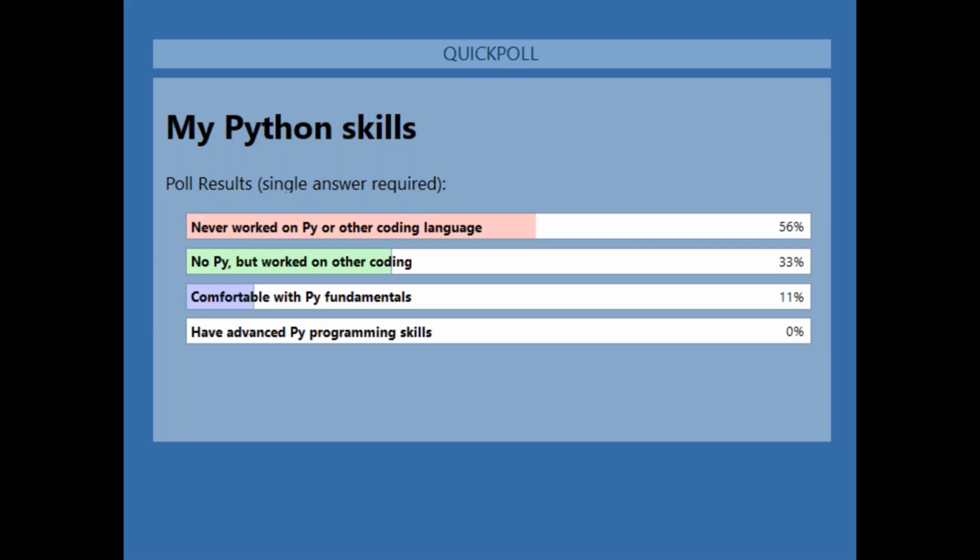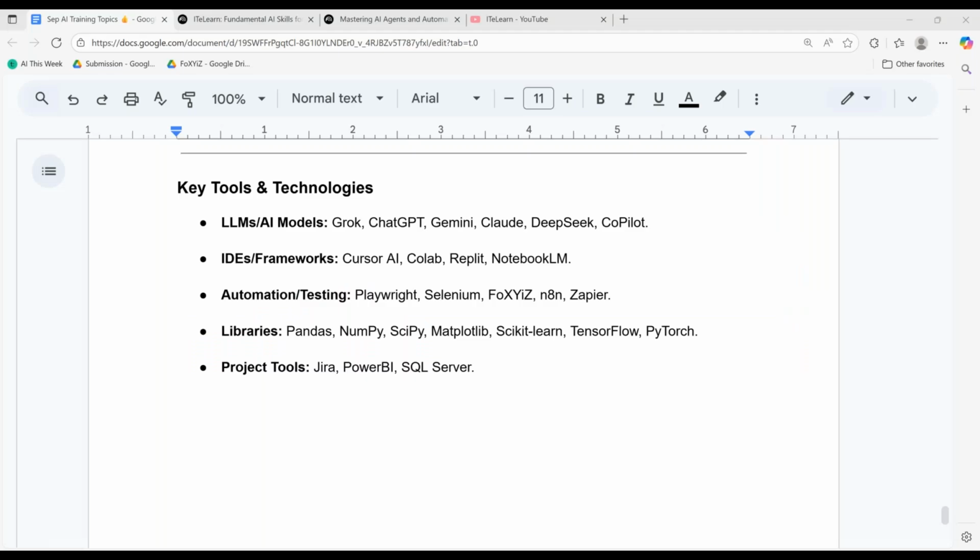In fact, the next poll should ideally be in 2 days or 3 days. Now, are you comfortable with Python vibe coding using Cursor or CoPilot and AI? And for that, I would definitely see a much better response. Thank you, team. And 0% have advanced Py program skills, and that's fine. And believe me, team, you do not have to have advanced skills on anything going forward. It is more on what we do.